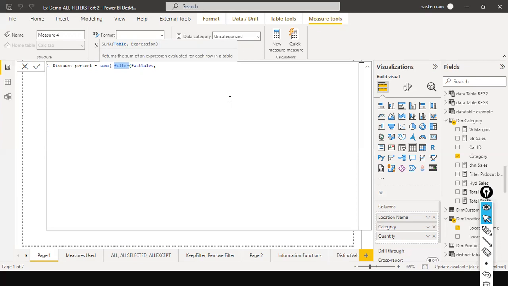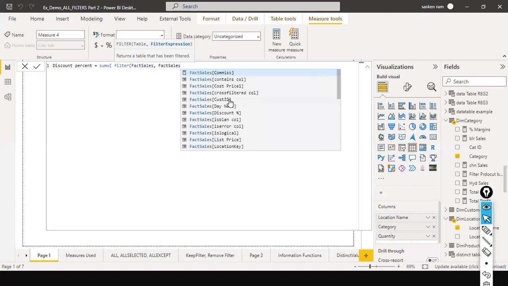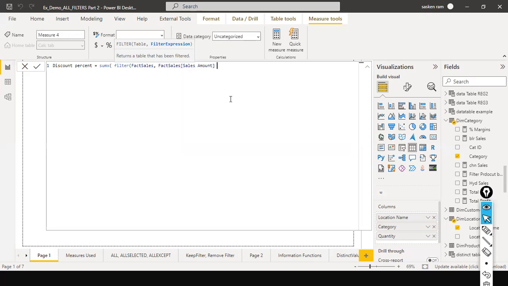For an iterating function, the first argument is a table. Like the X functions, FILTER is also an iterating function, though the function name doesn't end with X. FILTER also does row by row row context. Here what I do is I check fact sales, the sales amount, greater than or equal to 500 or above. Those purchases, we are going to give something like